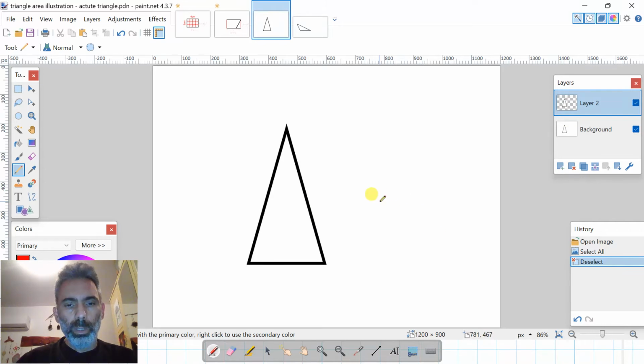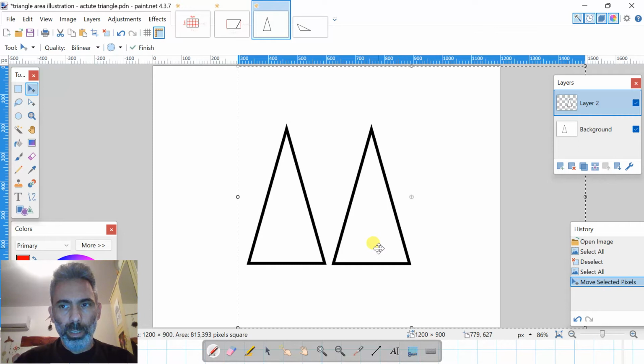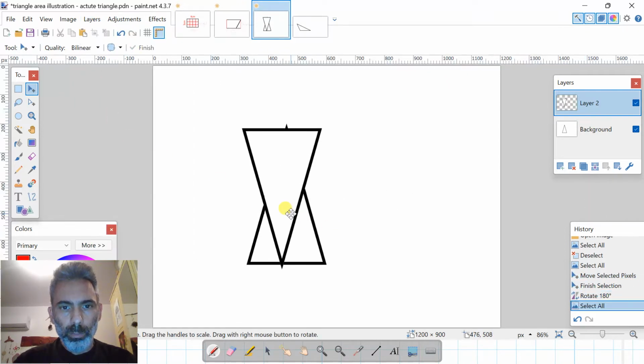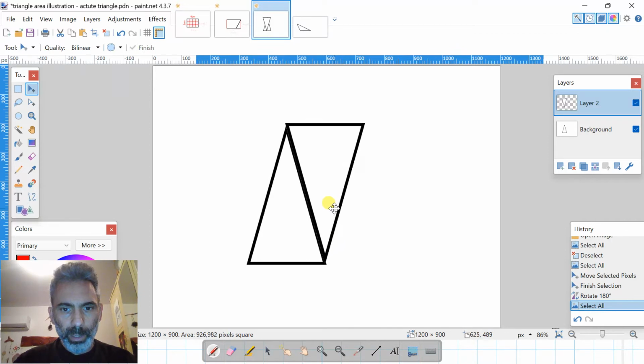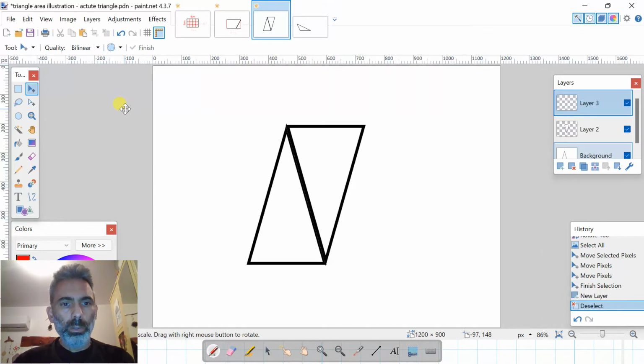And to illustrate how we calculate the area of a triangle, I have drawn a triangle and now I multiplied it. I just copied it. I have two copies of the same triangle, and now I'm going to flip the second copy of the triangle and I move it so the sides of the two copies of the triangle touch each other. And what do I get? I get a parallelogram. And we already know that to calculate the area of a parallelogram,